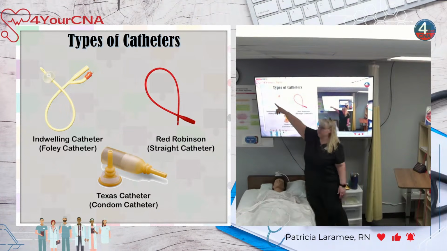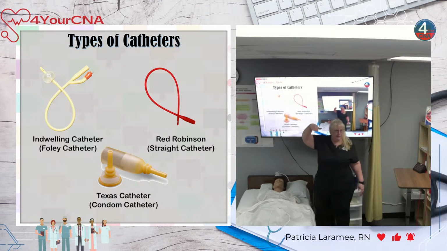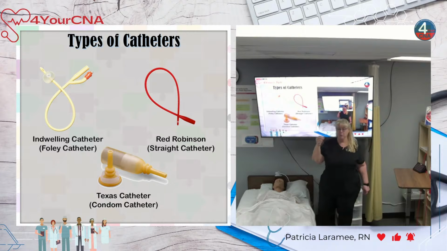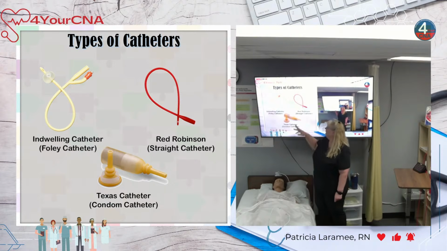Remember, the whole reason for the bubble was to keep it in place like a little doorstop, right? This one, I'm just putting in to get urine and taking right back out. I'm just emptying the bladder once with this. So we put it in, no balloon, hold it there and take it out when we're done. Short term, 2 minutes. It's also called a Red Robinson cath, and its other name is a straight cath